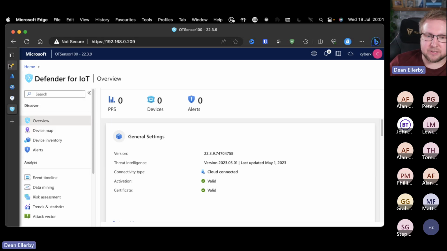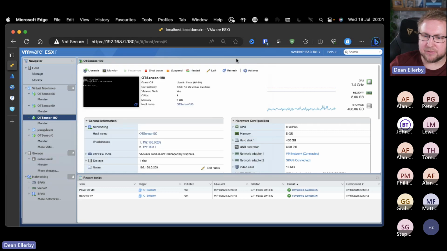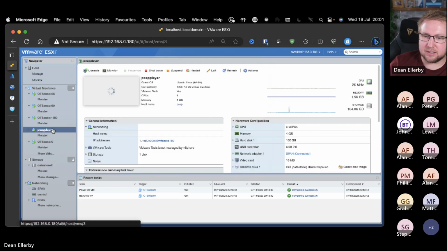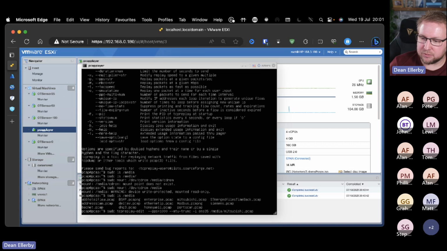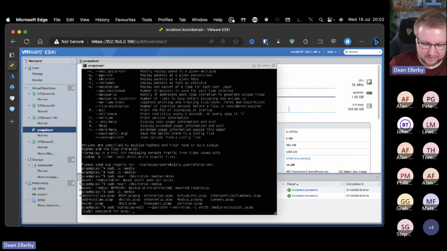Yeah, let's do that first, actually. So I'm going to go back to my VM and my PCAP player. You can see right at the bottom here, I've mounted a disk with a load of PCAPs that we've captured. Actually, Microsoft captured these for us. It's very helpful because they're specific types of OT. So, for example, Mitsubishi, I may play that, and